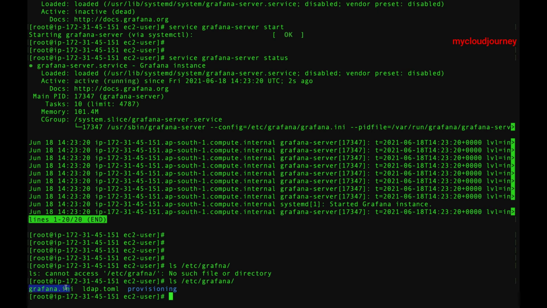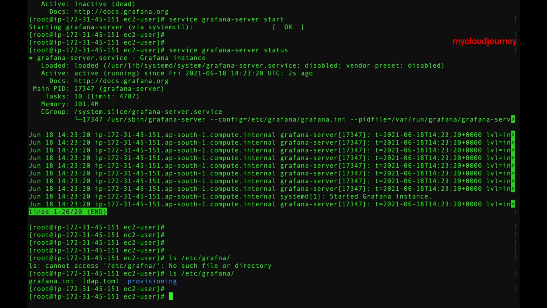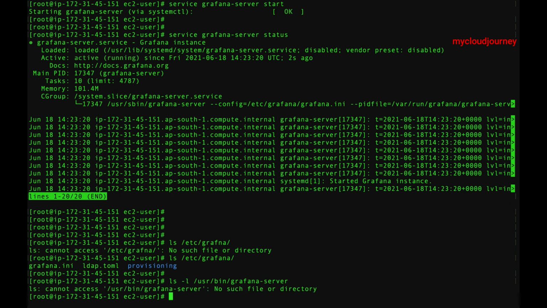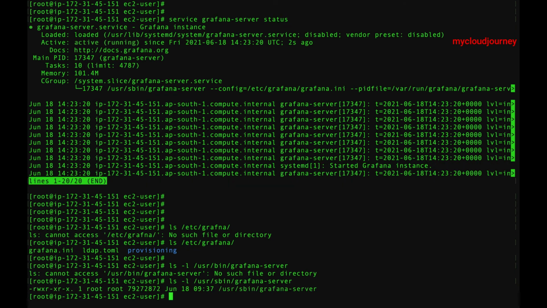Whenever you make any changes to this file, you have to restart the Grafana server. ls -l /usr/sbin/grafana-server. So this is the path where your binary is stored.